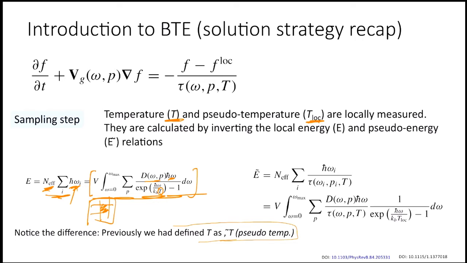Or what we could do, because if you could see, the distribution here has this factor of tau as well. If we take a mean temperature and don't include the tau, then the distribution would be quite different. The value won't be quite accurate. So we compare the pseudo energy instead of the true energy, which is essentially n effective h bar omega I, but divided by the particular tau as well. And by dividing it by tau, we could do the same thing on the right hand side as well: D of omega p, h bar omega, tau omega p, T.